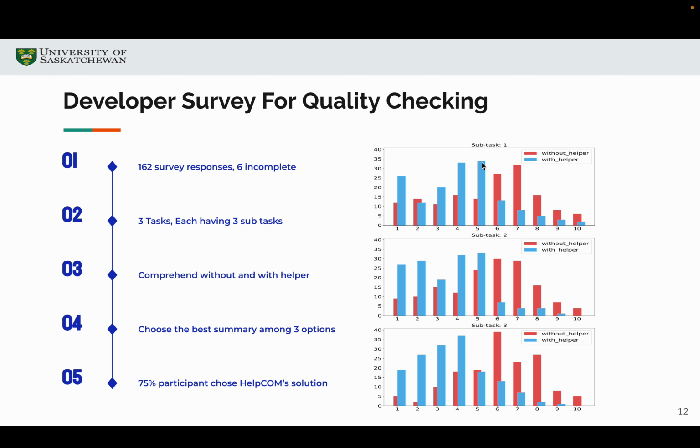And in the right side figure you can see how stressed people felt when they needed to comprehend the method without the helper, and the blue ones are with the helper. So 1, 2 means difficult, and if they give 10 it means easy. So you can see that the red ones are without helper. For all cases the blue ones were better, like the score frequency of the blue ones,